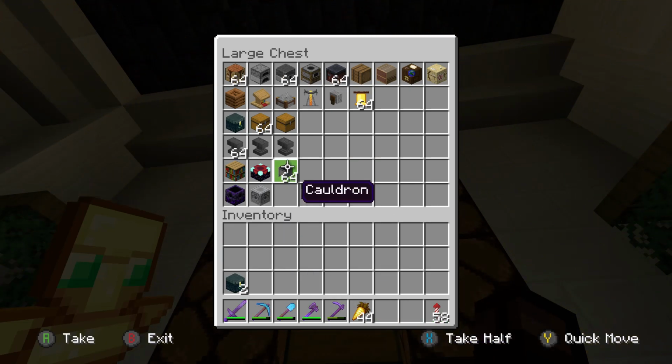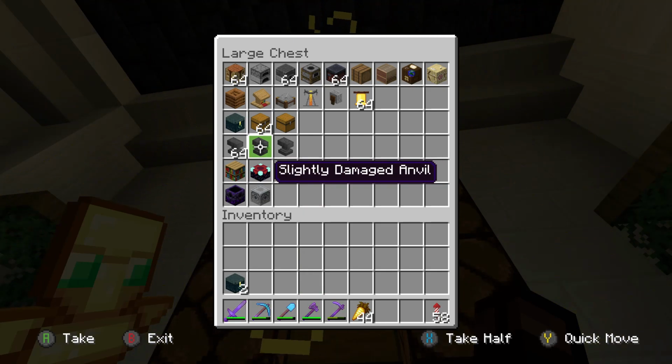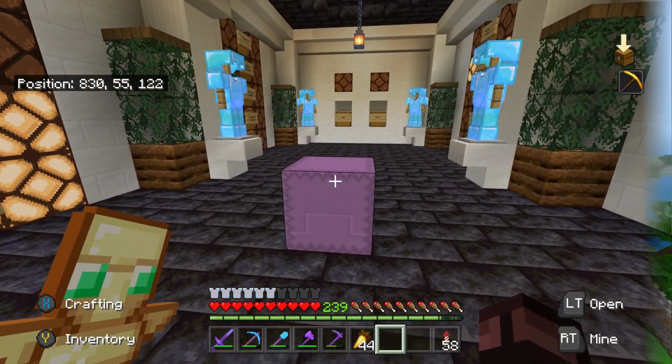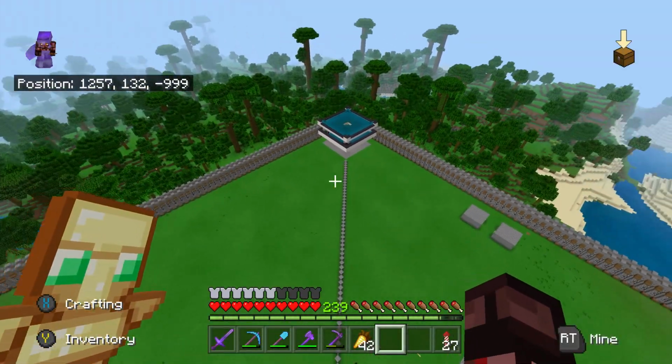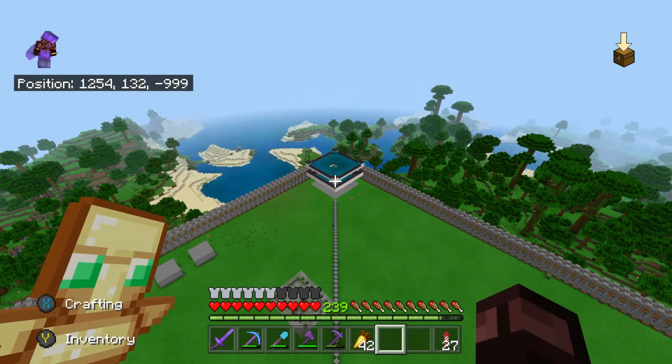So I could also go ahead and craft 2 more stacks of anvils, and then start dropping them from a height to get slightly damaged anvils and very damaged anvils. But I can't really be bothered doing that right now, so I'll just do that in a later episode. But anyway, that is going to be the end of the episode here. As I mentioned earlier, I know it's going to be a little bit of a shorter one,